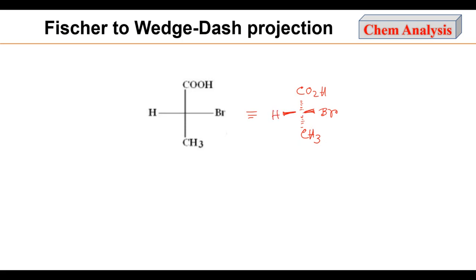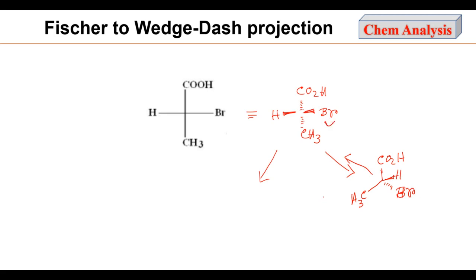Now we can convert this molecule with two orientations. If we draw this methyl and CO2H group like this, that is, the in-plane group is in V-shaped orientation, then the group which is on the left side will be above the plane, and which is on the right side will be below the plane. It will be bromine. Okay, since if we go from this OH dash to Fischer, then we will end up with this structure.